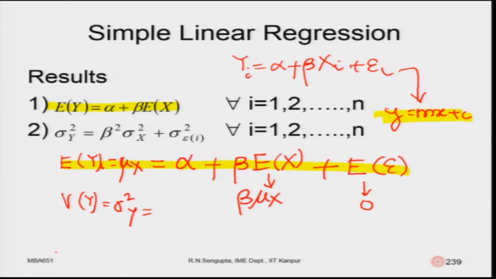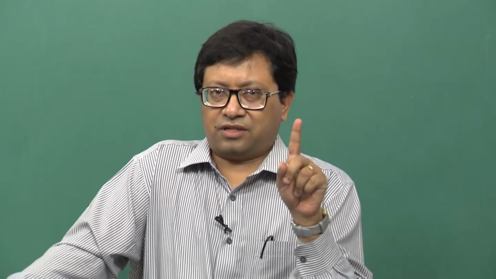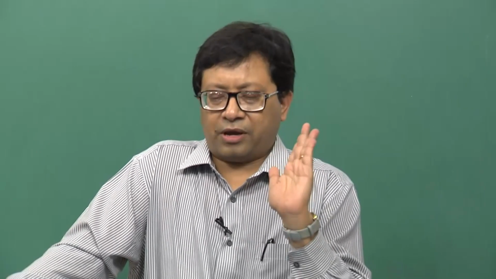Now, we need to find out the variance for 3 terms, which is the first one, the second one and the third one, and the covariance existing between the first and the second, second and the third, and the first and the third. Now, let us go one by one.